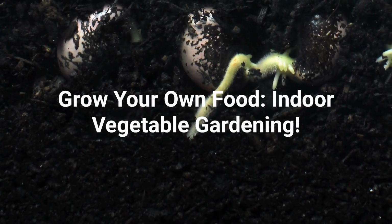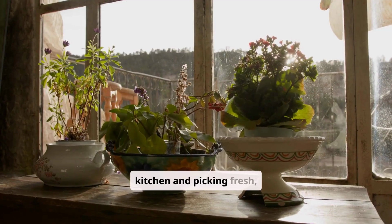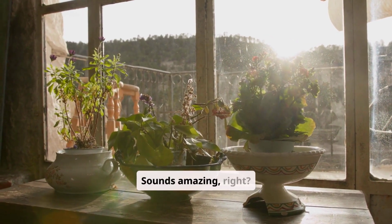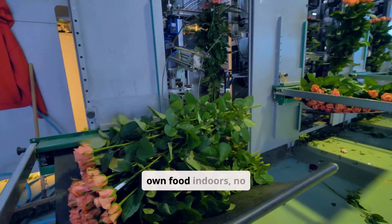Grow your own food, indoor vegetable gardening. Imagine stepping into your kitchen and picking fresh, organic vegetables right from your windowsill. Sounds amazing, right? In this video, we'll show you how easy it is to grow your own food indoors, no